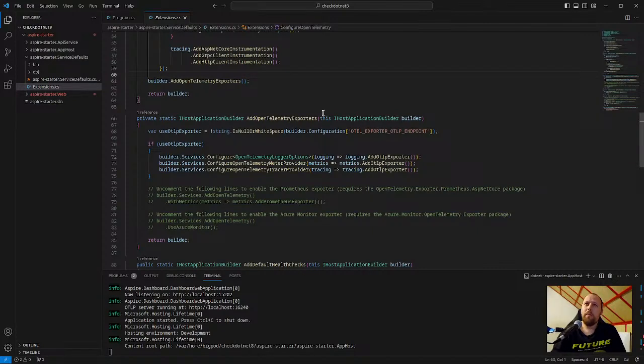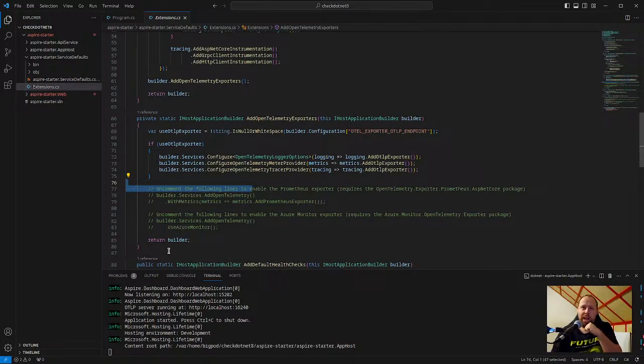And then we have exporters. Which are they? First off, we have the OTel exporter, which is probably the endpoint you point to if you have another OTel-capable thing, like, I guess, Grafana would be that kind of thing. Then you have the Prometheus exporter, which you basically enable by